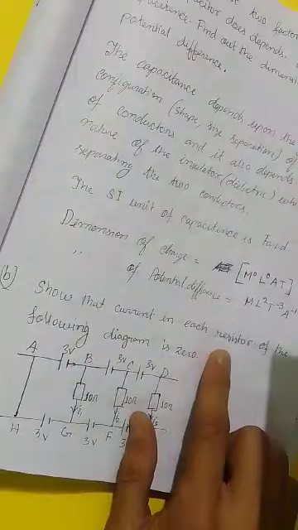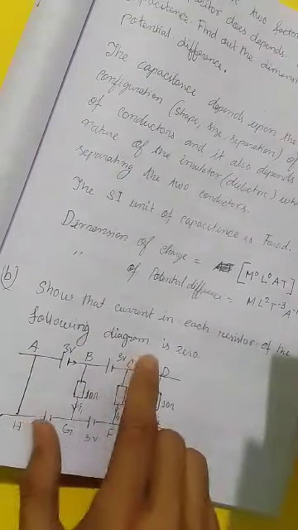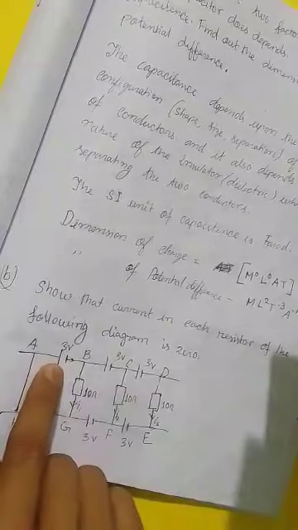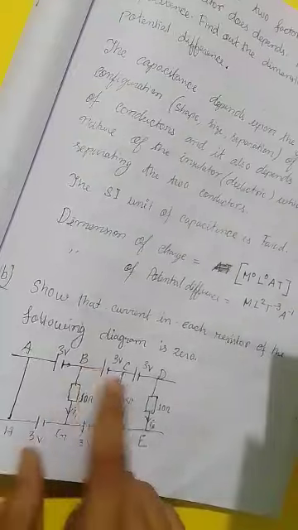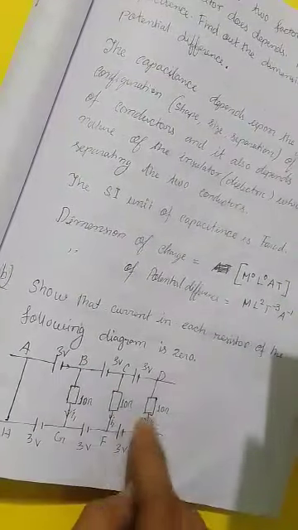And the next question: show that the current in each of the resistors of the following diagram is 0. So here the answer: 3 volt, 3 volt এনেকে মাজত এটা ৰেজিস্ট্যান্স দিয়া আছে, 10 ohm, ঠিক এইদৰে 3 volt 10 ohm, 3 volt 10 ohm দিয়া আছে। So আমি ইয়াক ক্যালকুলেট কৰিলে, applying Kirchhoff's law, যিকোনো এটা closed loop, ইয়াত আমি a b g আৰু s ত এপ্লাই কৰি চাইছো।